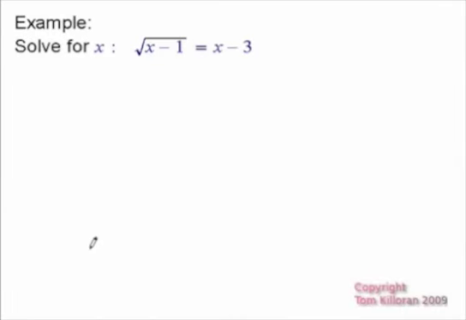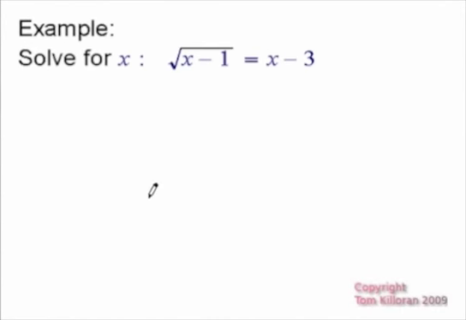Here's another example of a square root equation. This one's slightly different than the previous one. Again, we want to get the square root isolated by itself on one side of the equation, and as much of the other junk onto the other side. We're going to square both sides when that happens,